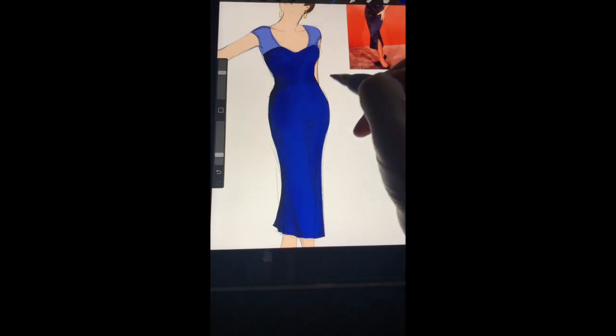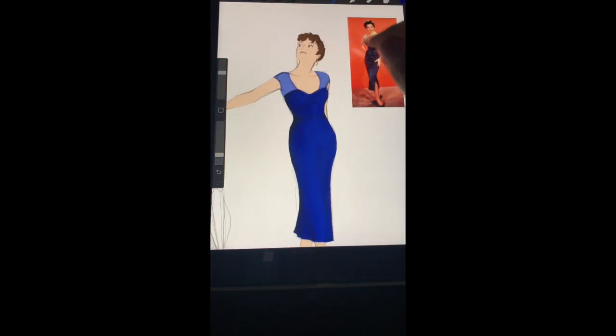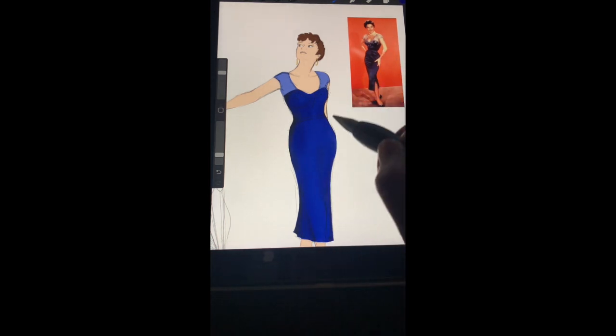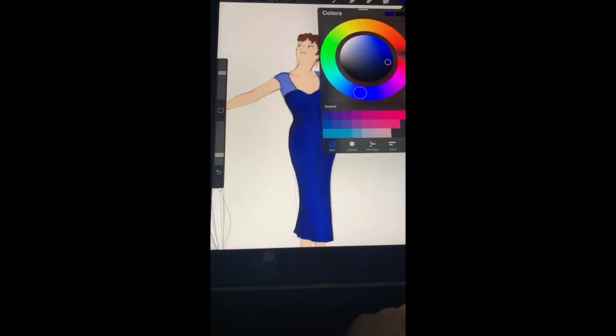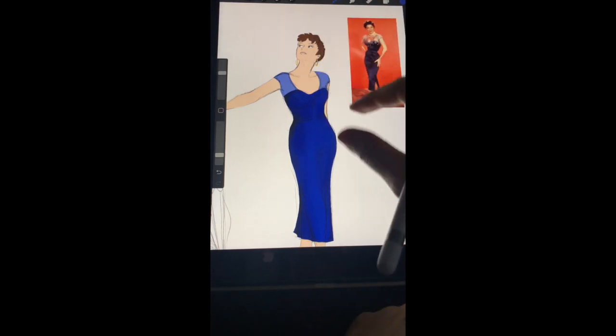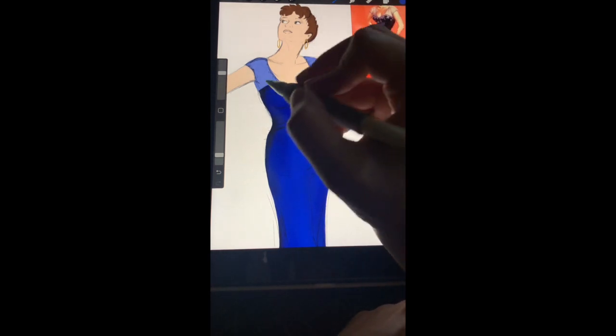Okay, so I have some wrinkle lines, and that's meant to kind of represent these highlight lines. And I think what I'm going to do is burn in the highlight. So by burning, I just mean I'm going to take the highlight color. So let's make it kind of a light blue right now. Yep. And let's just go in, and I